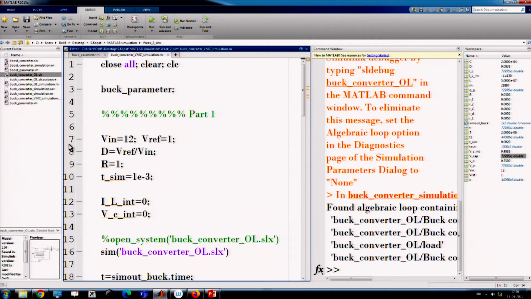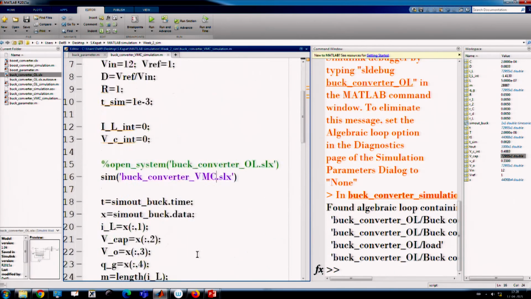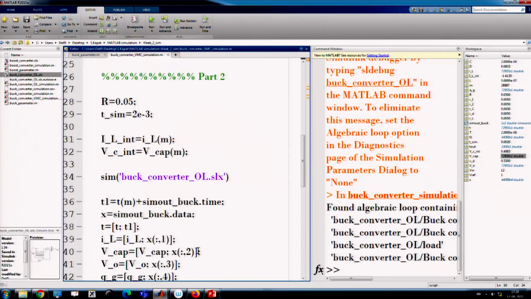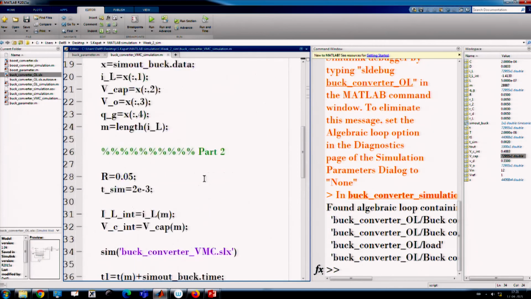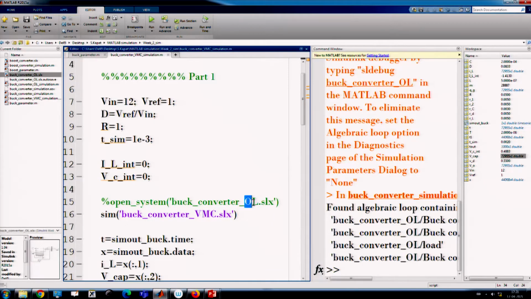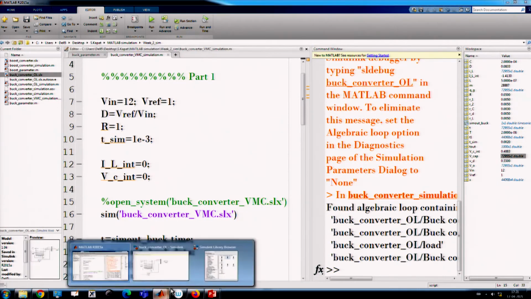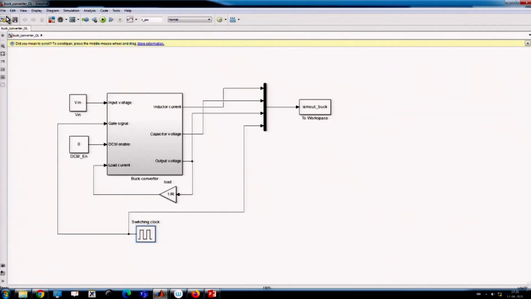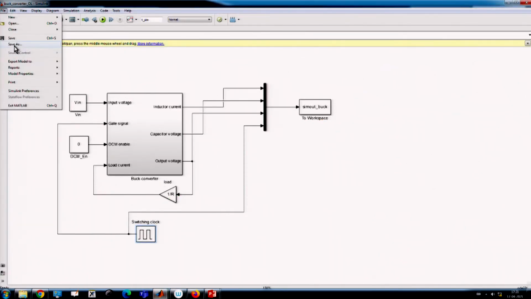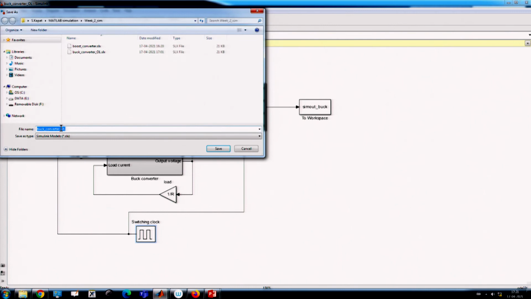In this voltage mode control simulation, I will use another file name, VMC, but I have to make changes there. Because we are using another Excel file, you have to go and save as, and here it should be VMC.